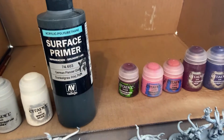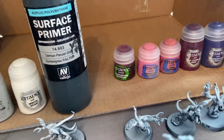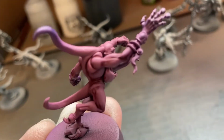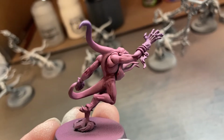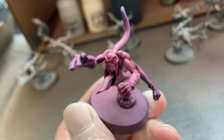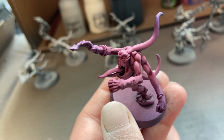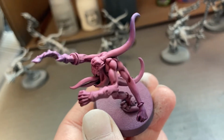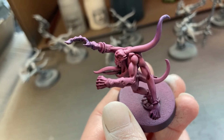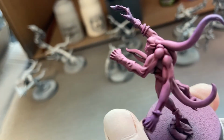Finally, the last bit I did is I took this Kerberg Crimson shade and I put it just in the cracks. I'm trying to get it to show up on here. I don't know if you can see it. A little messy in some places, but basically I thinned it down a little bit with some medium. That way it wasn't as dark and thick, and then I just drew it a couple times in the crevices